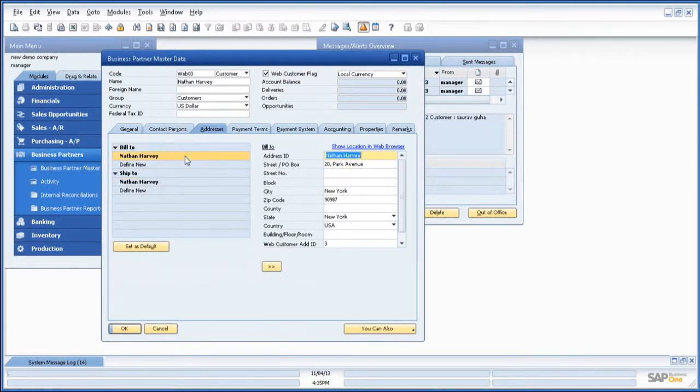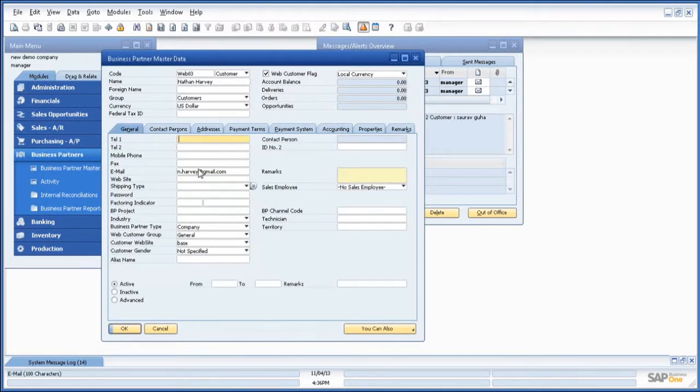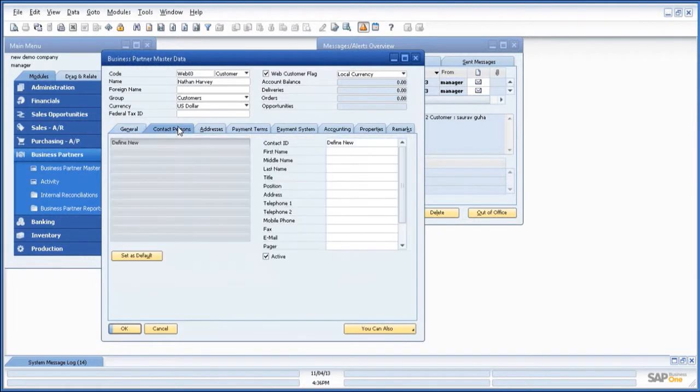So in this way, in the B2C business cycle, the web customer registered will sync back to SAP Business One business partner master data. In a similar manner, you have the option to upload your business partners of ERP to the Magento e-commerce system. You can upload business partner under the B2C business cycle. The email mentioned within the general tab will be used as the login user ID for that business partner, and business partners will be the individuals. In the B2B business cycle, however, the contact persons which are available within the business partner master data will have individual access within the Magento e-commerce system.